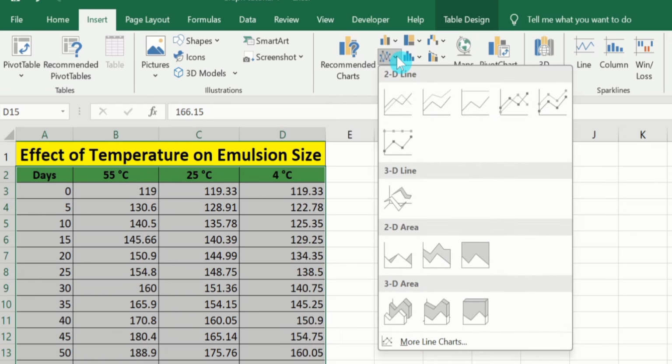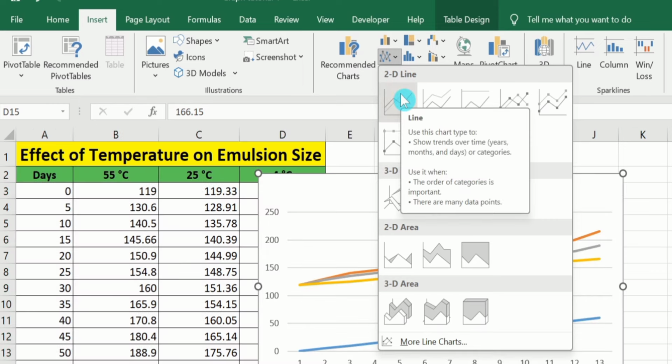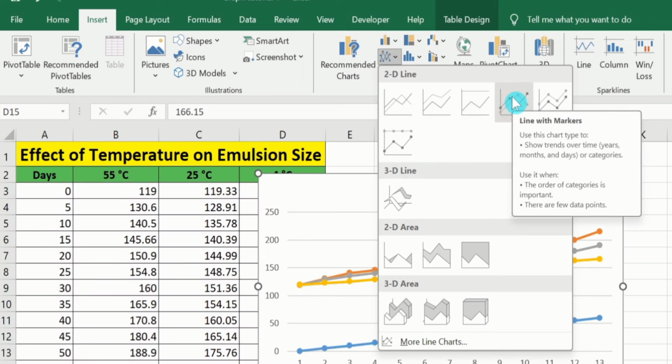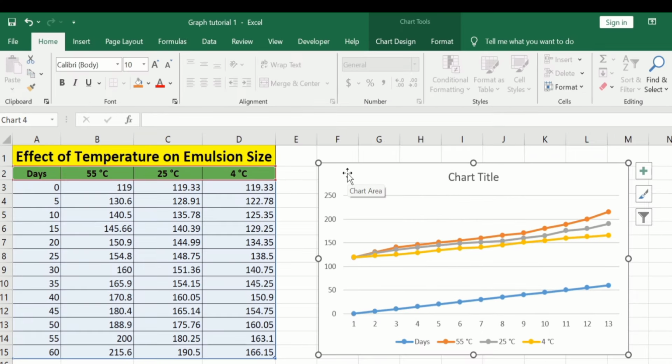Here you will find two options. Either you want to insert a line graph without markers or with markers. I will insert a line graph with markers, so I will choose this option. Currently you can see here Microsoft Excel has generated a line graph, but it did not plot the data accurately